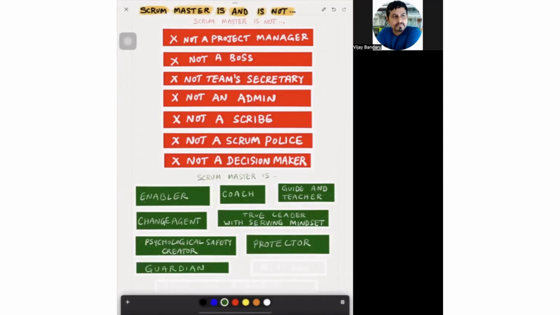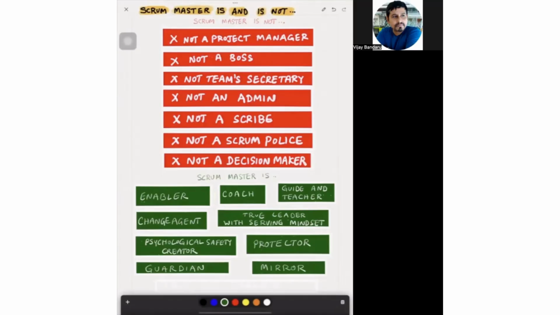And the Scrum Master is also a guardian of the Scrum framework. That means ensuring, under all circumstances, that Scrum is implemented properly and not compromised or customized, which will lead to negative results. The Scrum Master is like a mirror. That means a true reflection. When you go to the mirror, no mirror will laugh at you or criticize you.